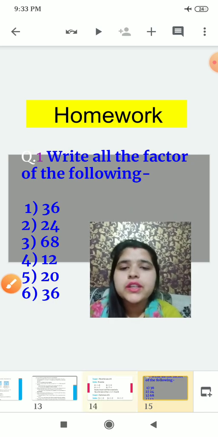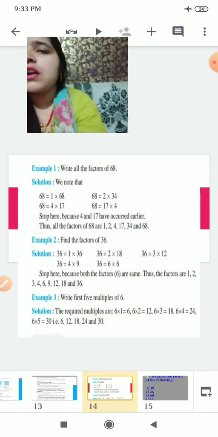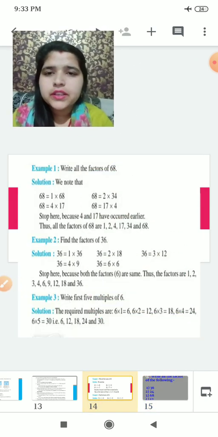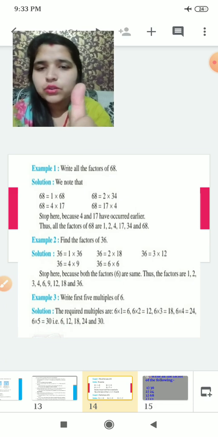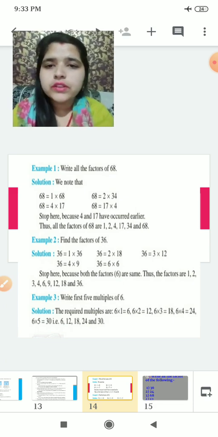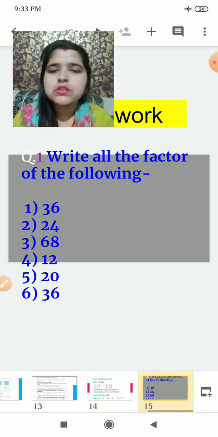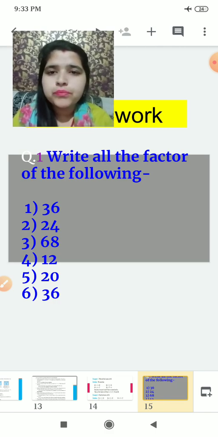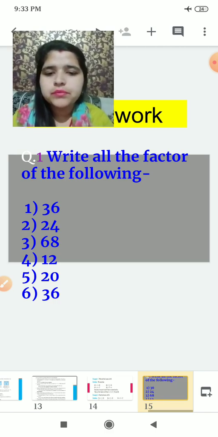If you are not getting it, take help from this, and by doing it you will get how to solve these questions. If you try, you will get it. Okay, I hope you all will practice these questions, do this homework in your rough notebook and practice at home. You will utilize this time.